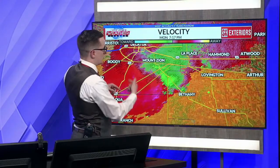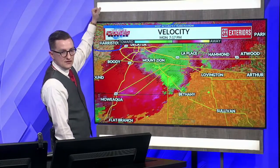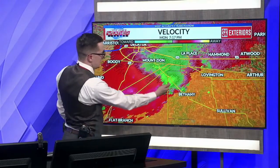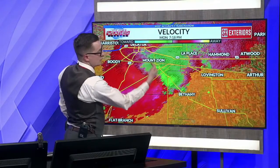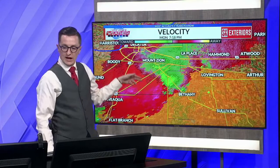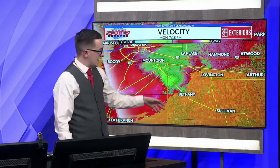But we're looking for the radar site up in Lincoln. That sits up here in the top left of your screen. That beam is shooting down there. You can see it sweeping on through. We've got green and red. Green going towards. So where is that going? Towards the radar this way, from Bethany to Mount Zion. This red going away from, surging off to the south here, and likely, Jack, we're probably going to get into